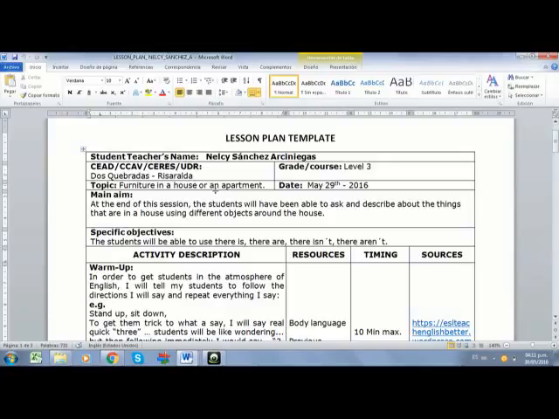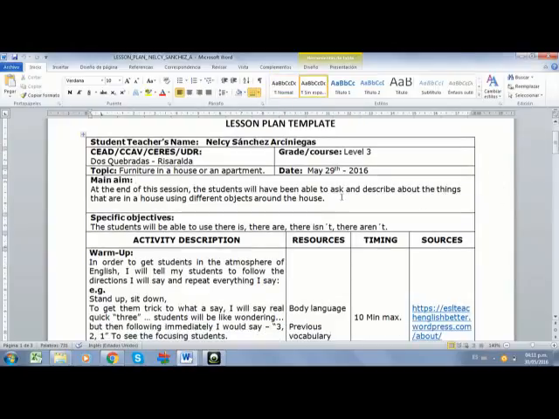As you can see, I have the whole information at the beginning of the document, and I have my name. I come from Dosquebradas, Risaralda. This lesson plan is prepared for level 3, and I'm going to teach furniture in a house or an apartment as a topic. My main aim, as is over here, is that at the end of the session, a student will be able to ask and describe things that are in a house using different objects